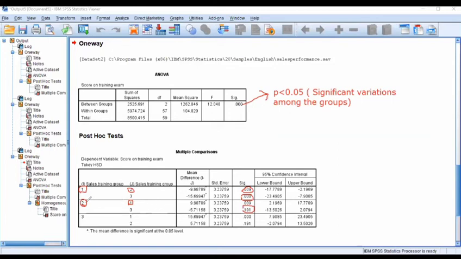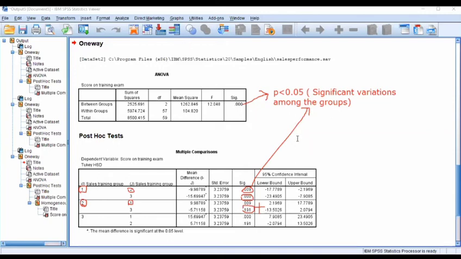As you can see, 1 day and 2 days show significant variation, 1 day and 3 days show significant variation, but in this case it is not significant. So 2 days of training program should be provided in order to have significant impact on the performance of salespersons.